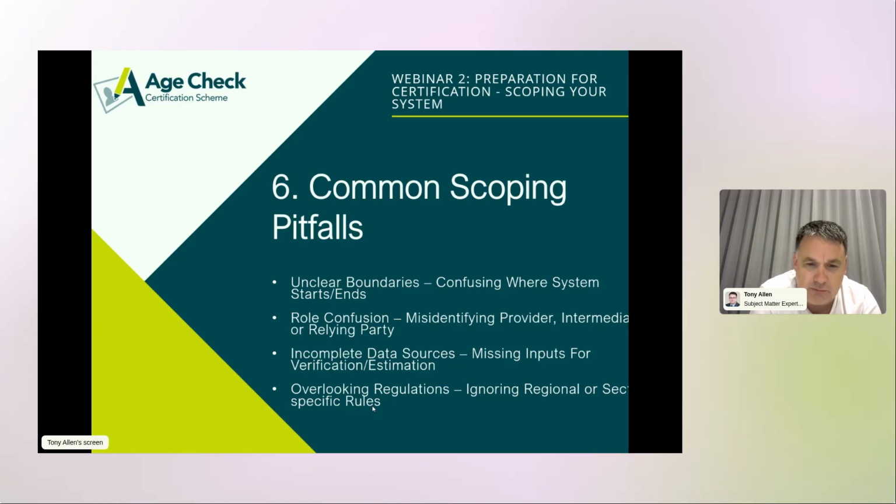The second thing is misidentifying if you're a provider, an intermediary, or a relying party. It is possible to be more than one, and we can talk to you about how that works. But it is also something which can create some confusion. Having incomplete data sources. So you may well be saying that you are able to do passports, but it turns out you're only able to do European passports. It may be that you're saying that you're able to access banking records, but you're only able to access banking records in Australia. Those are all things that you just need to be quite careful about